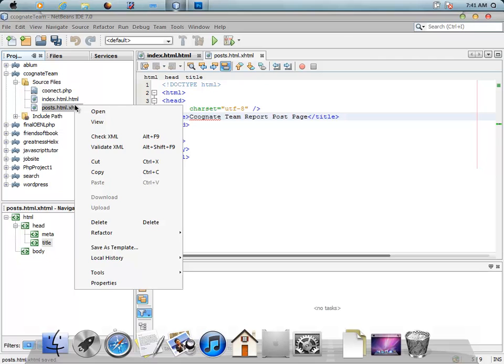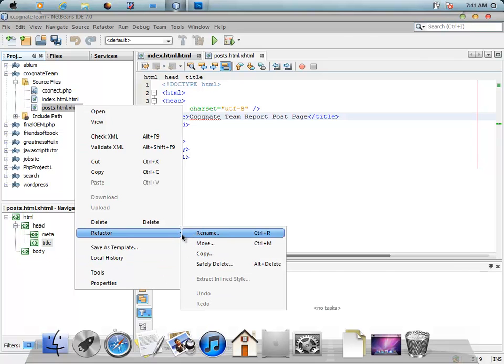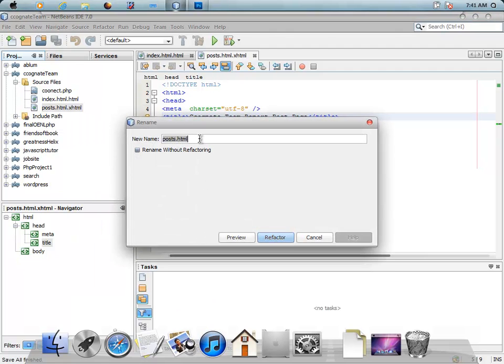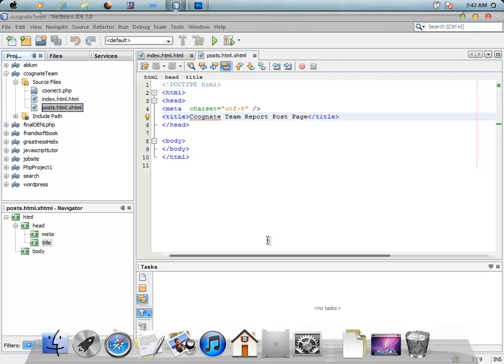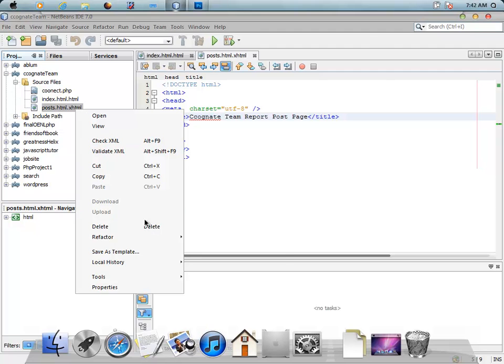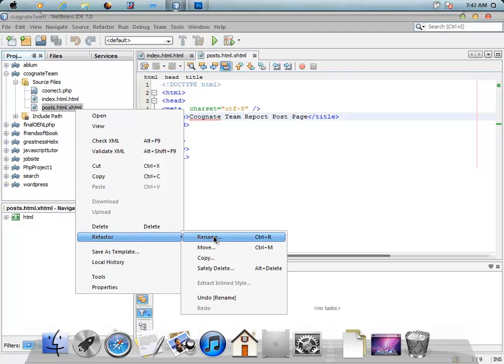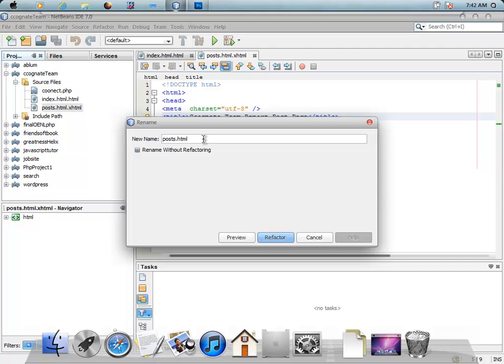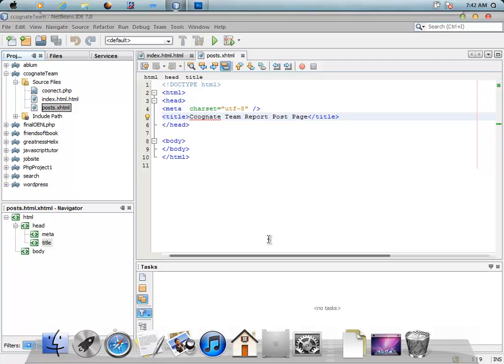I'll rename this to .html, not XML. I'll rename that to .html. And it's still showing me .xml. That's weird. Whoa. Okay. I'll rename. Okay, we'll do that later. Oh, pardon me. We'll do that later by the end of the course, or by the end of this section